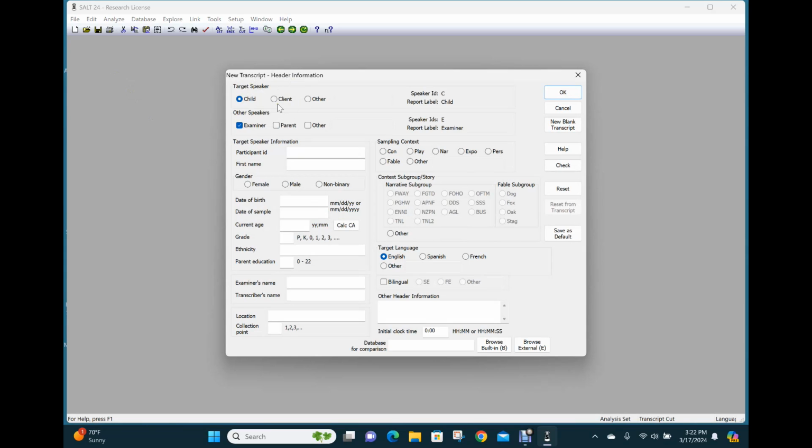What we're doing here is formatting our header. So the first two are the speakers. Typically it's child and examiner, but there's a couple other options. Maybe you want to go with client or other. Maybe the parent is speaking. Participant ID could be their student ID. Put in their name, gender, date of birth,